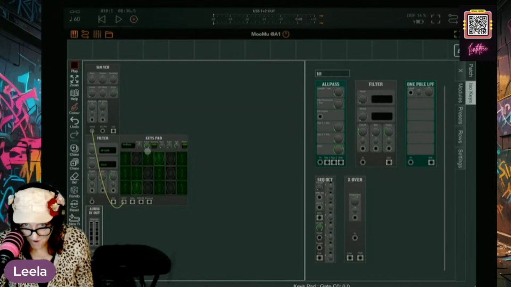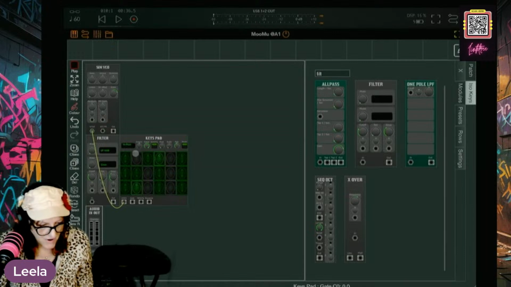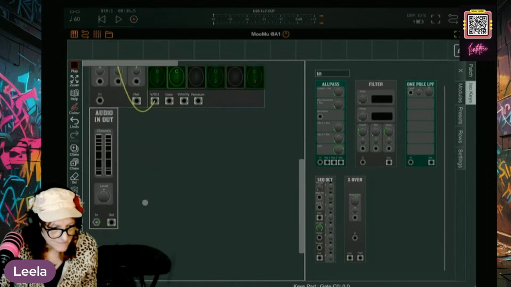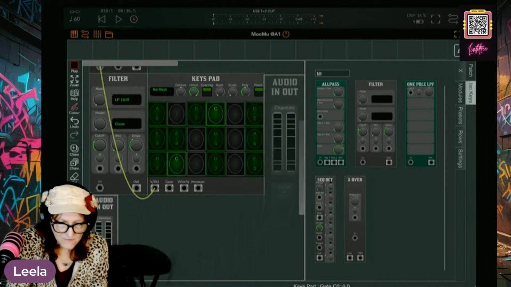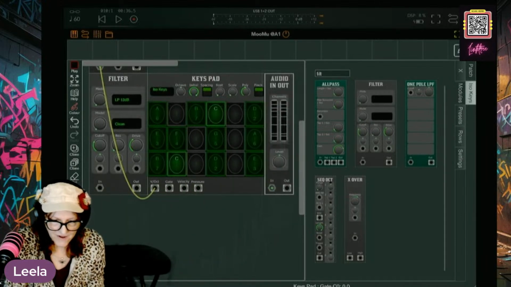When dragging, drop the top of the module within the one you want. Let's do this.